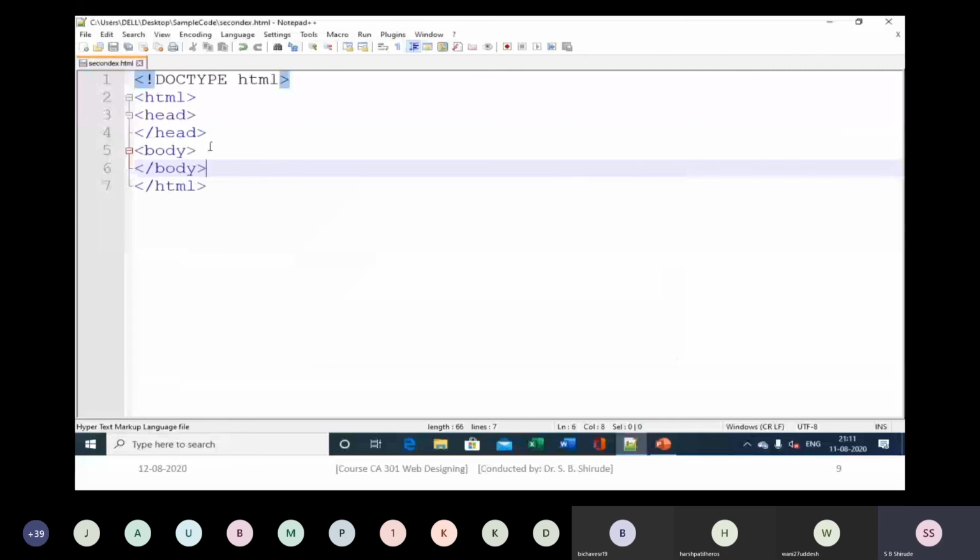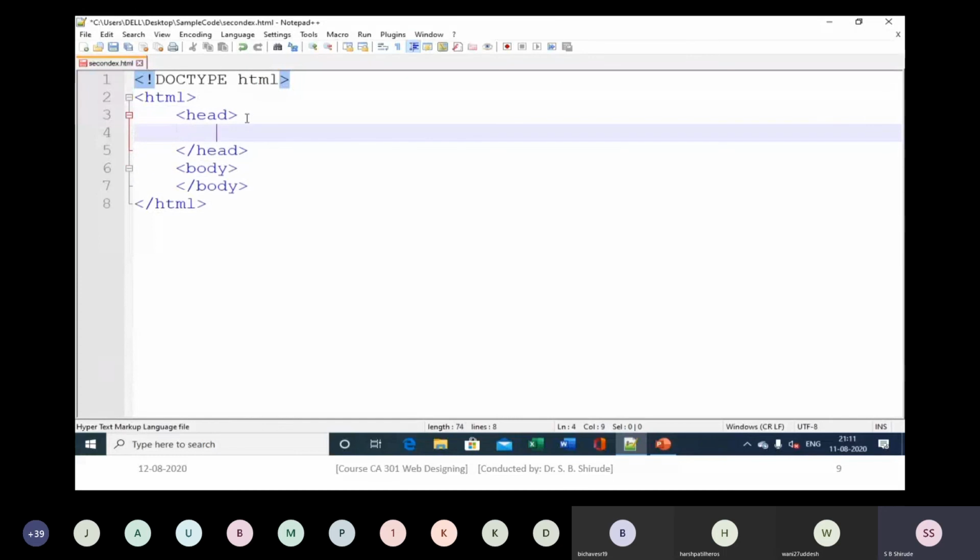So in the sample code, just indent the elements properly. In the head section we are specifying the charset information, which we can do by using the meta element. So meta charset is equal to UTF-8.